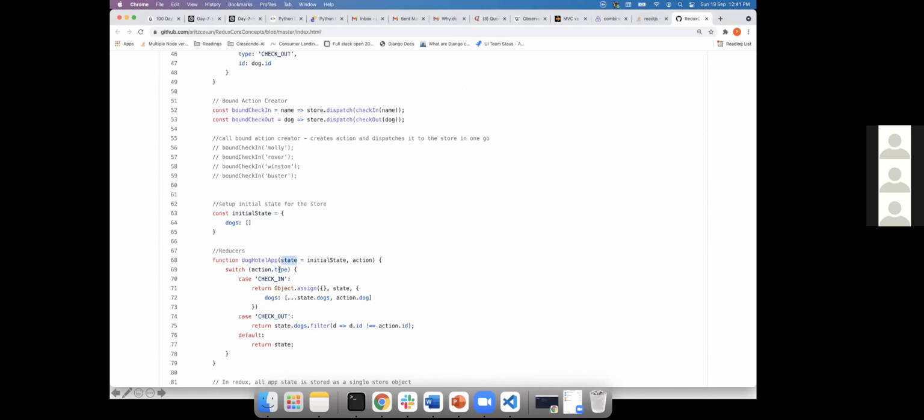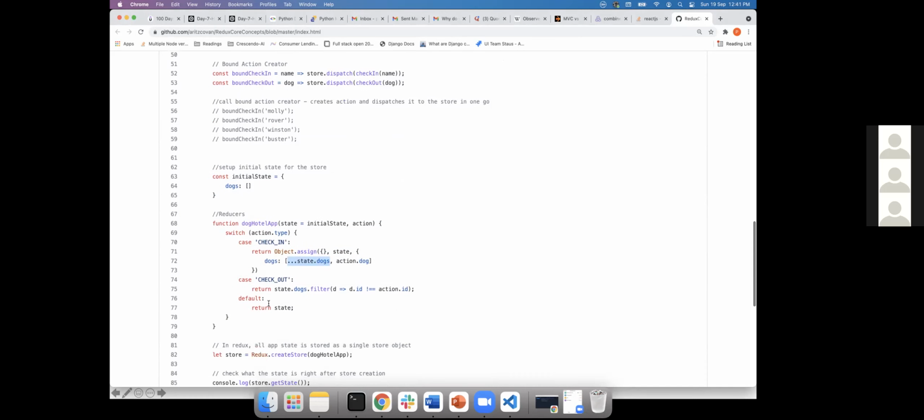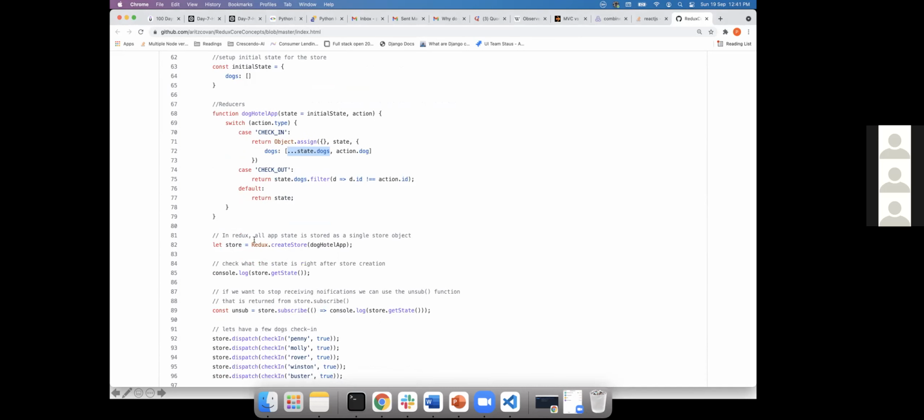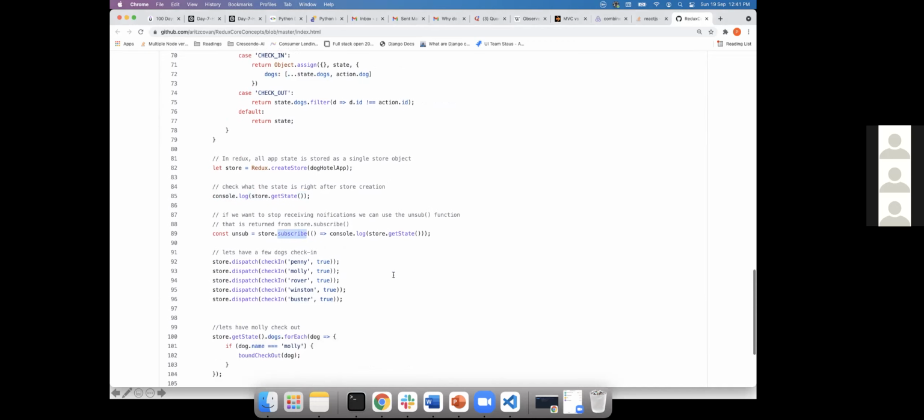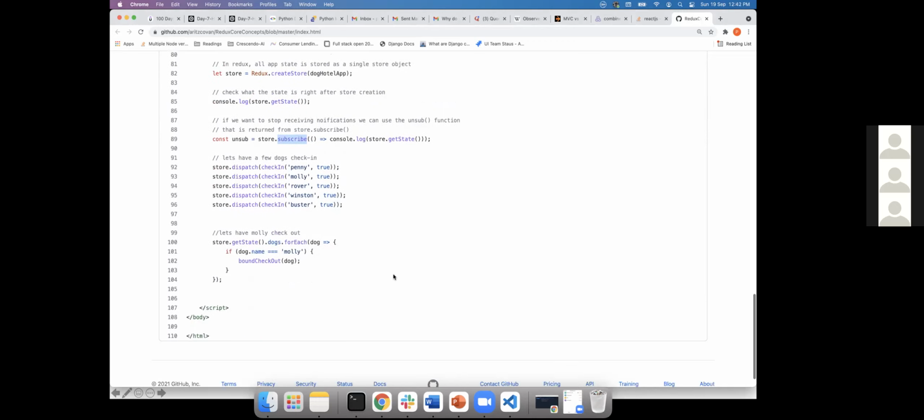The reducer gets an action with a type, and they're returning non-mutated state. If you see, they created a store using createStore, and whenever the store is created they log the state value, and they have a subscription whenever that is added. So that's all.